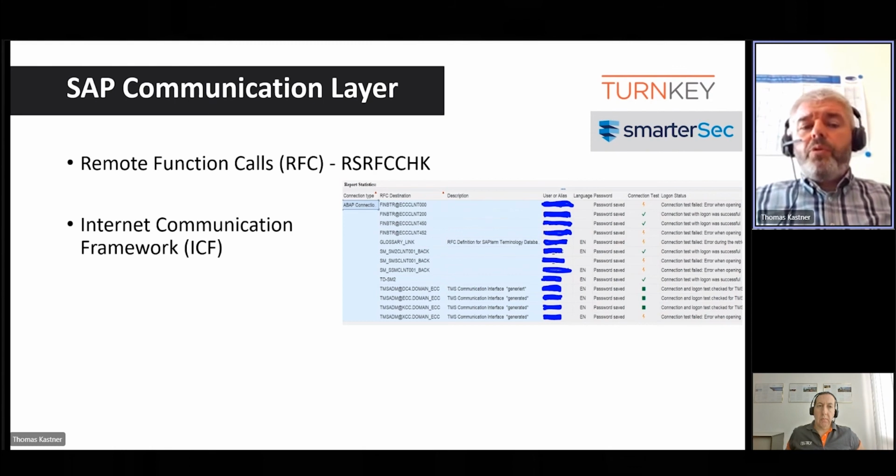You simply go to transaction SICF and double check which of these services are activated and which are not.